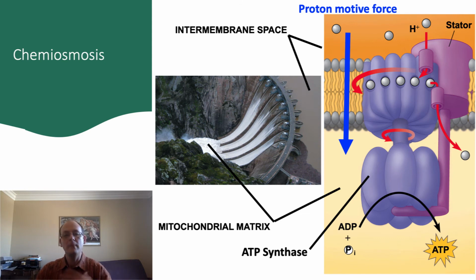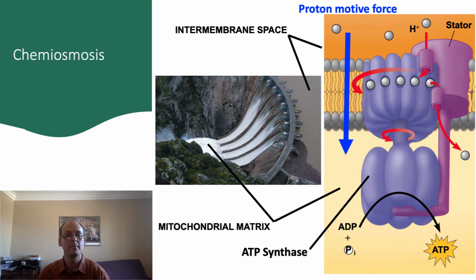Now, remember that the main function of the electron transport chain was to pump protons from the matrix, the mitochondrial matrix, into the intermembrane space. The presence of so many protons in the intermembrane space sets up a strong electrochemical gradient in which the protons try to get back into the matrix. You can think of this like a dam on a river. The protons are all stacked up on one side of the dam and would like to go downhill, but can't